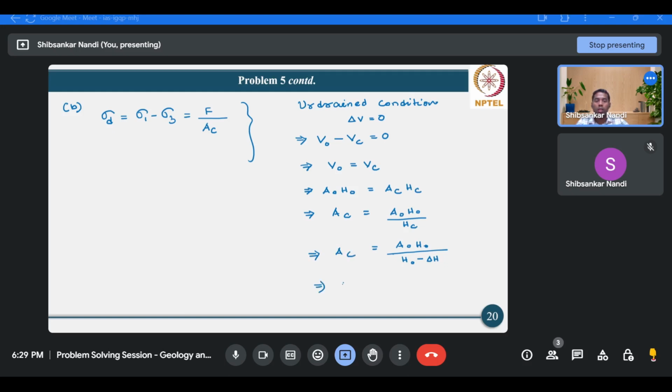So Ac we can further rewrite as A0 divided by 1 minus epsilon A. So this is the corrected area due to axial deformation. Now, what is epsilon A? So epsilon A is the